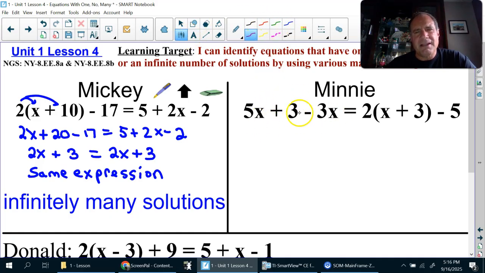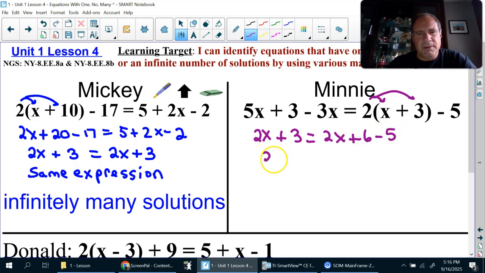And we're going to go right over the next one, and we'll combine like terms on this left side first. This is 5x minus 3x. So we're going to put that down as 2x and then bring down the plus 3 equals. We're going to do distributive property and combine like terms, which is 2x plus 6 minus 5. So we have 2x plus 3 equals 2x plus 1,